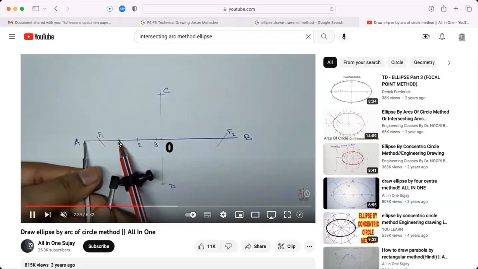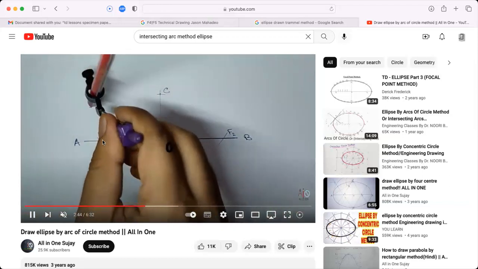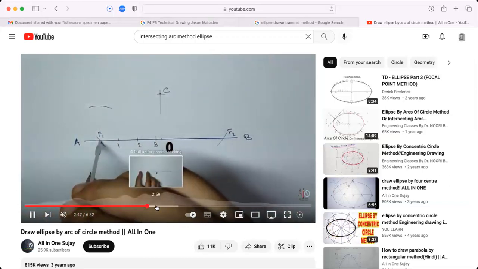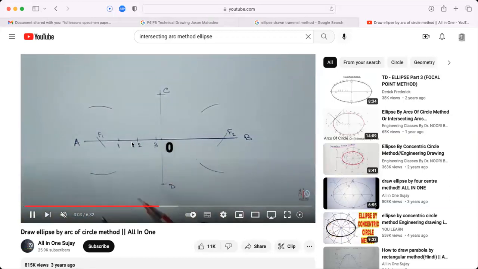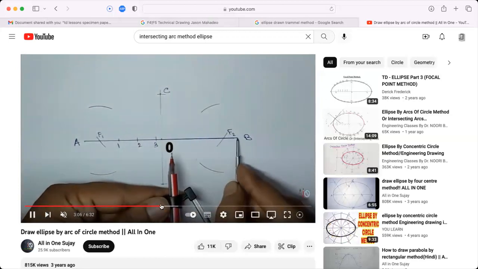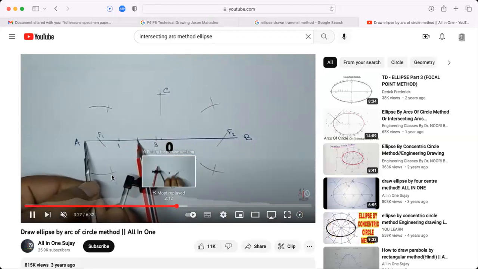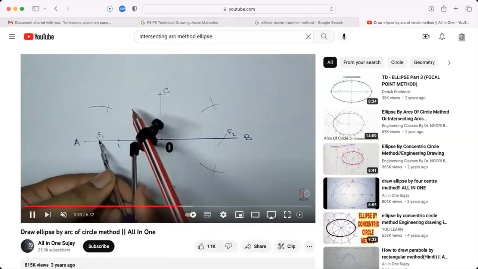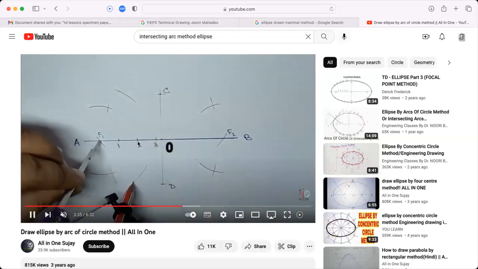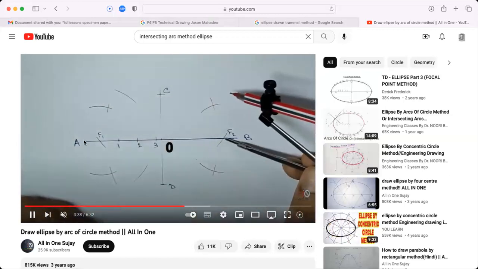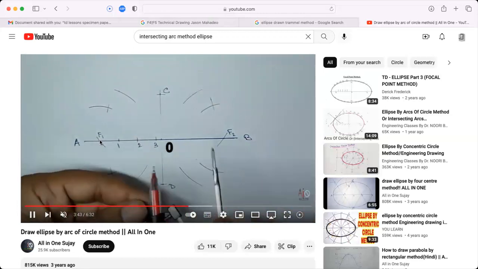So A to 1, right? And then you take that radius of A to 1 and you put it on F1, and you draw those arcs with that radius of A1. Then you go on and measure A2, and you put it on the same focal point. So now you have an arc of radius A2 and you draw those arcs. And then you just continue to do the same. So then you'll measure A3 and put that radius of A3 on the focal point F1